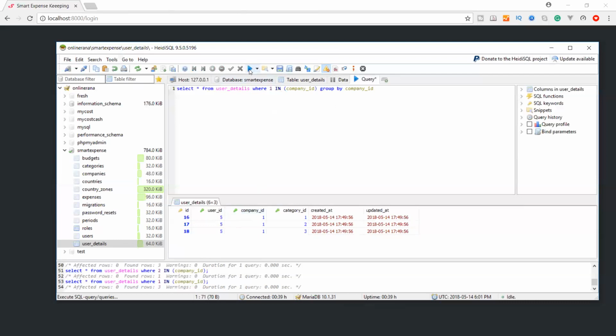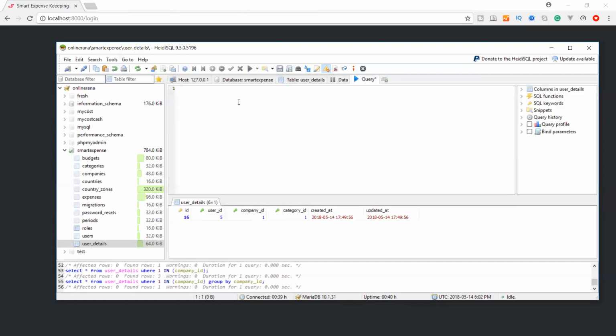Now you see it has grouped all the records into one. The user details 6 into 1, this group only 1 into 1. So we can use this group by, but here you may get confused. I will not show more detail about this group by, so we will check it later.